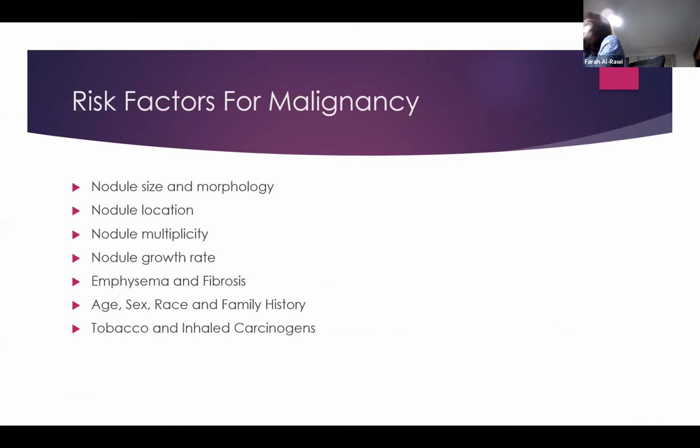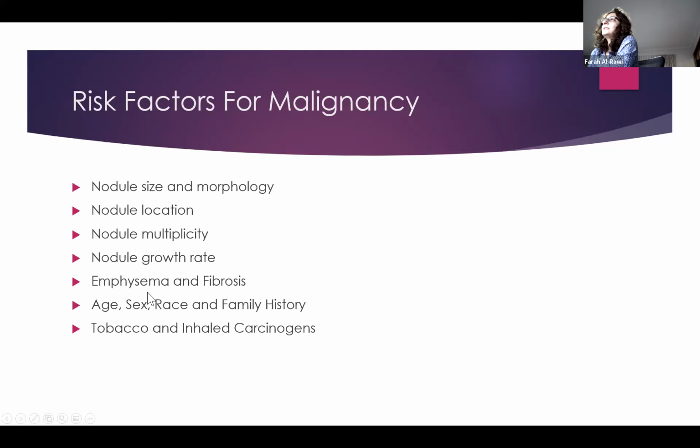What are the risk factors for malignancy? So some of them are radiological. So we go by the size, the morphology, as I said, the margins, location. Cancers tend to like the upper lobes more than the lower lobes, multiplicity. If you have 1 to 4 nodules, your risk increases, but beyond 4 to 5, if you have more than 5, apparently, then you're more likely to have granulomas. Of course, the quicker it grows, the worse it is.